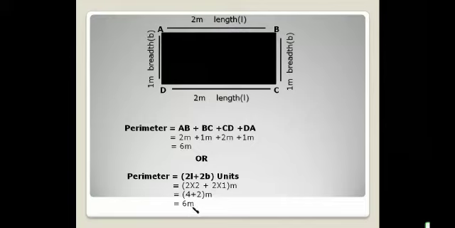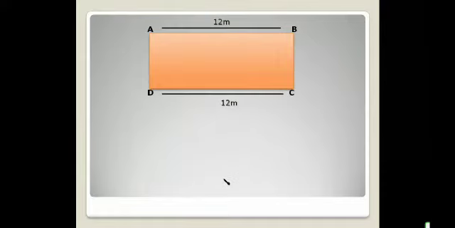Now the second one, we have used a formula, that is 2 length plus 2 breadth into units. Okay, and first one you did what you have learnt in 4th standard. Okay, now what you will do is you will follow the second one, that is using the formula. Okay, now we'll go for another example. So here you'll find another picture. Here I have named them A, B, C, D. Now you will use a formula for this.